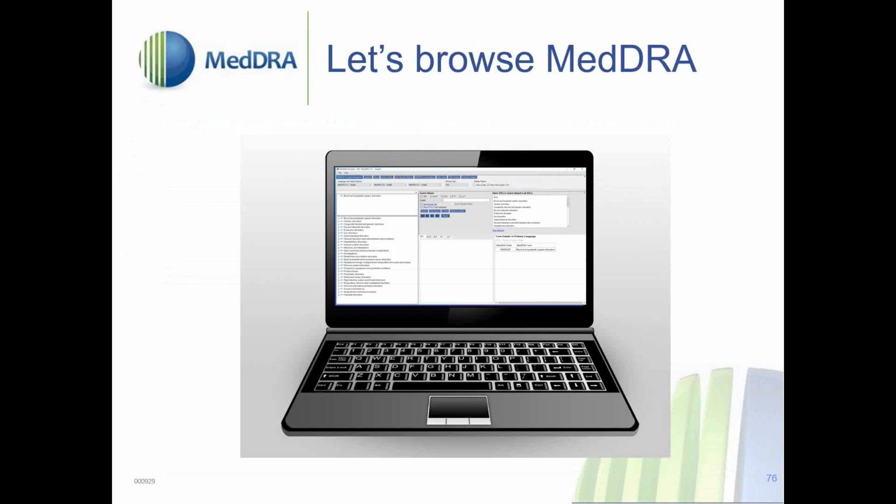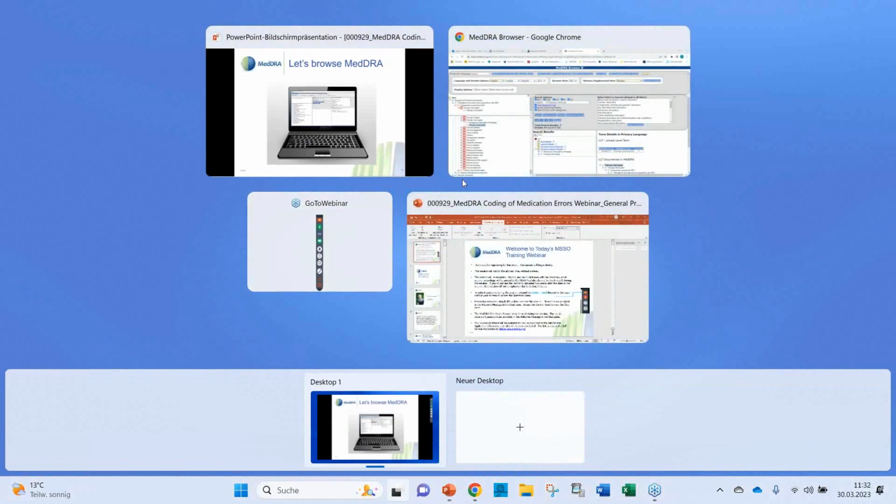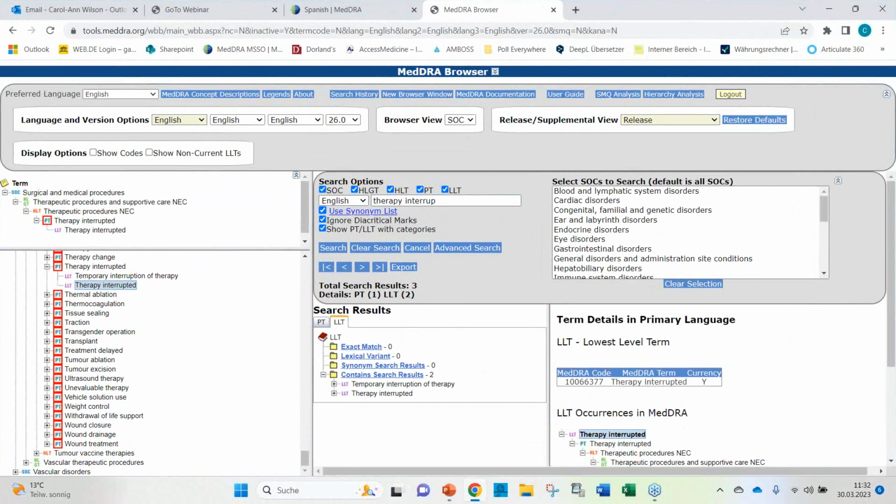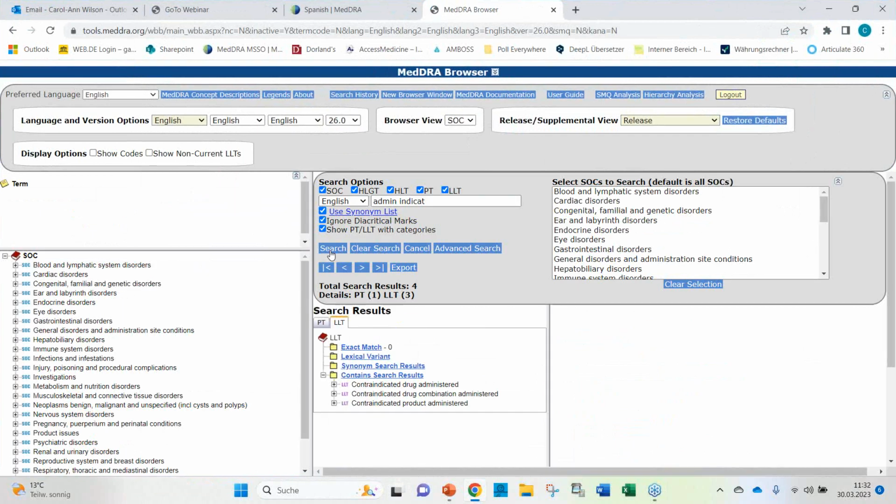Now let me search in the browser again for the relevant terms, and we know it was administered for an unapproved indication for prophylaxis of a disease instead of treatment of the respective disease. So admin and indication. Let's see if we find something. Contraindicated drug administered, no, these do not fit.